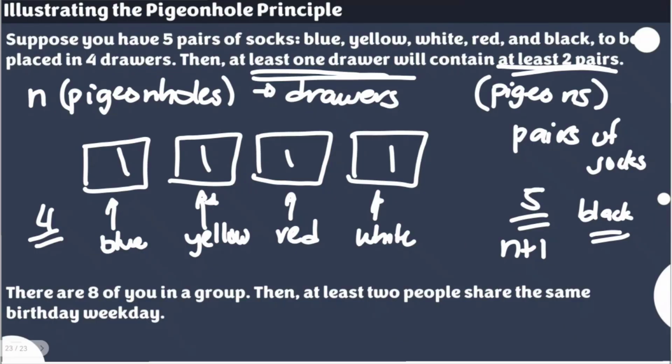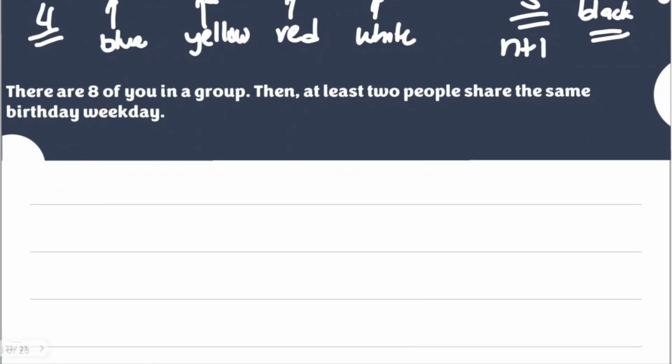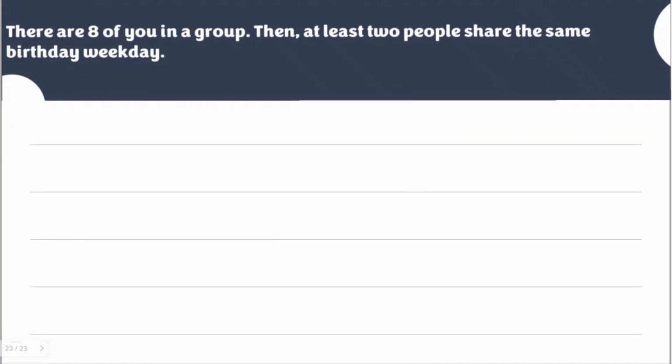Now, another example or illustration for the pigeonhole principle is this. There are 8 of you in a group. So, for example, you have a group of friends, a group of colleagues, or a group in a certain transportation vehicle. Then, according to the pigeonhole principle, at least 2 people will share